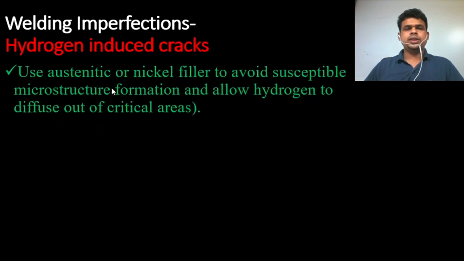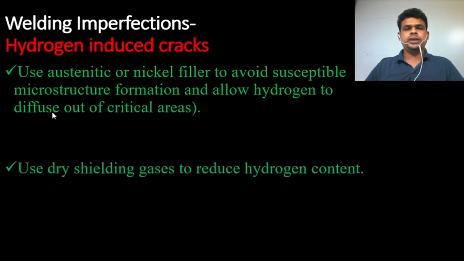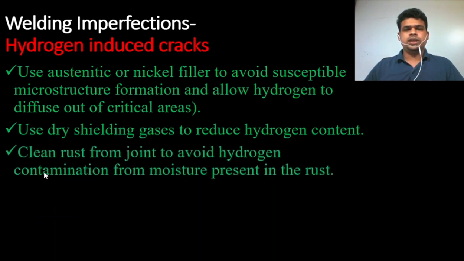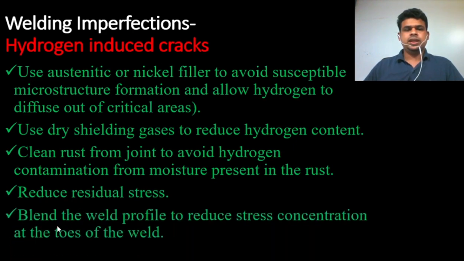So use austenitic or nickel filler to avoid susceptible microstructure formation and allow hydrogen to diffuse out of critical areas. Then use dry shielding gases to reduce hydrogen content. Then clean rust from the joint to avoid hydrogen contamination from moisture present in the rust. Then reduce residual stress. Then another thing is to blend the weld profile to reduce stress concentration at the toe